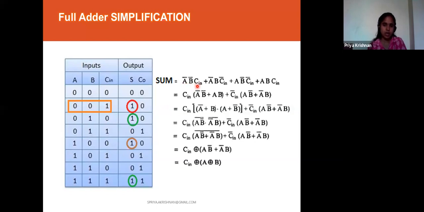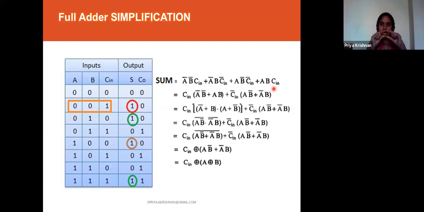And for my second, if it is 0, you have to take the input as bar. So it is A bar, B, Cin bar. And for this one, A, B bar, Cin bar. And for the last one, A, B, Cin.